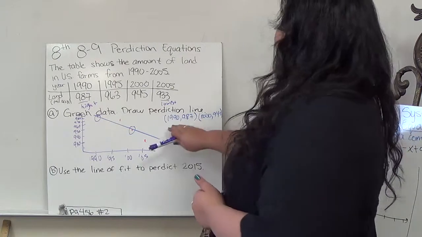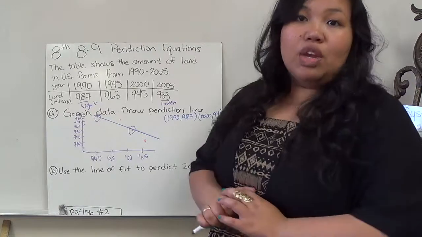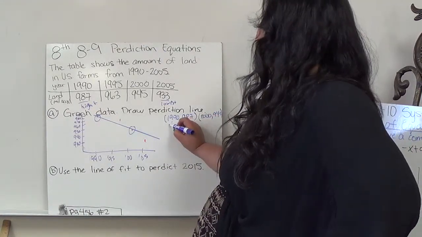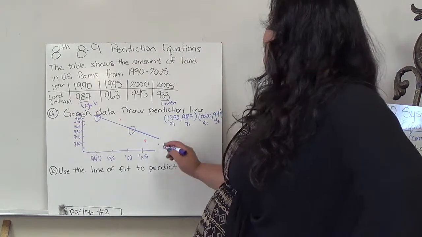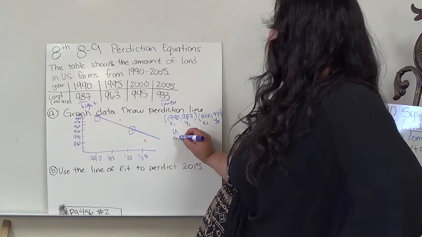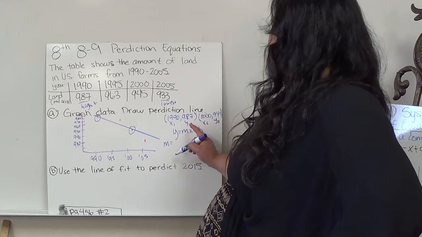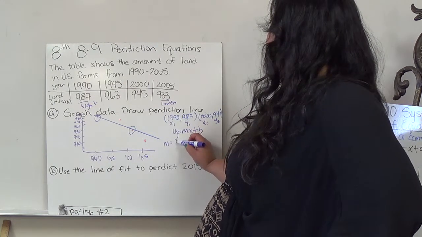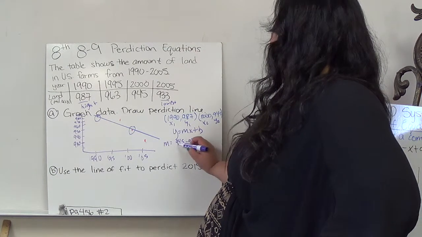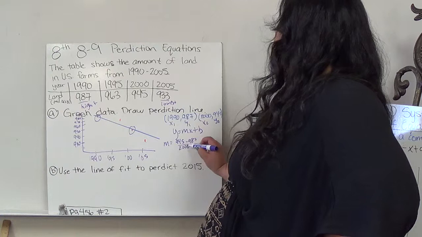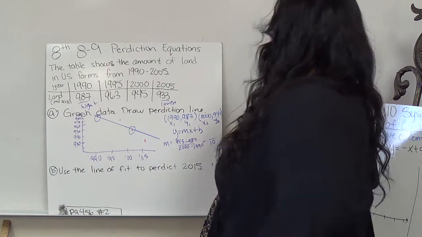correctly. So once I find this, this is exactly what we did in 8.8 when we were dealing with writing an equation. So I'm just going to do the same thing. I'm just dealing with big numbers. So x1, y1, x2, y2, right? My prediction line is y equals mx plus b. And I can find m easily, right? I'll do y2 minus y1, so 945 minus 987 over 2,000 minus 1990, which gives me 10 on the bottom, and then